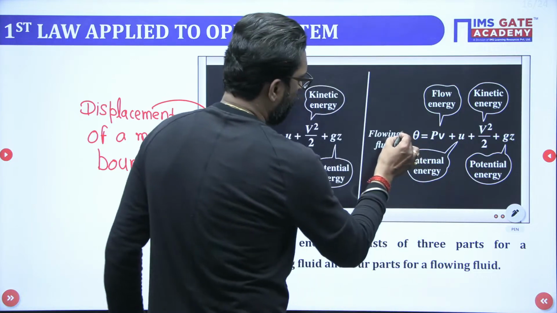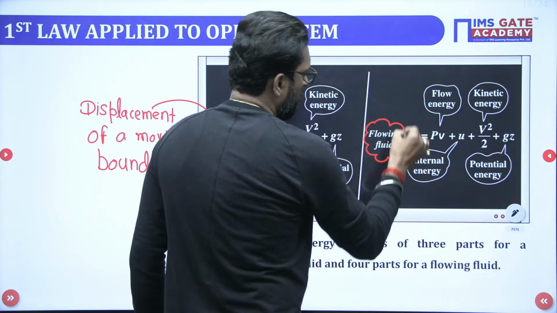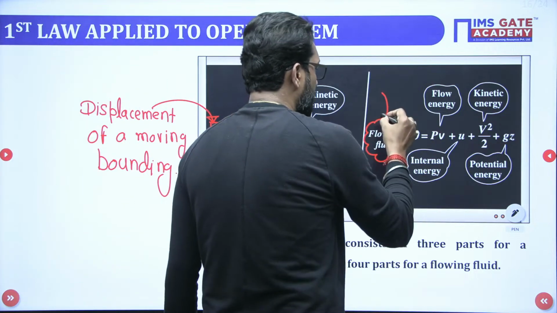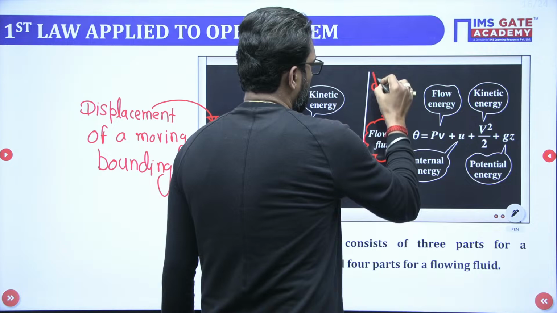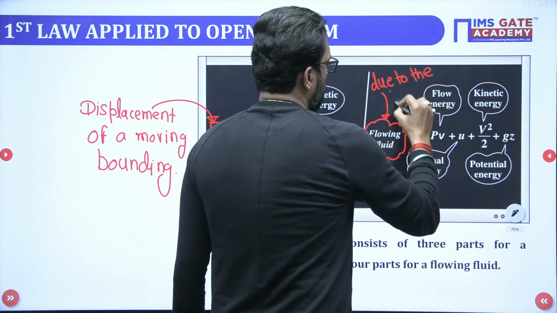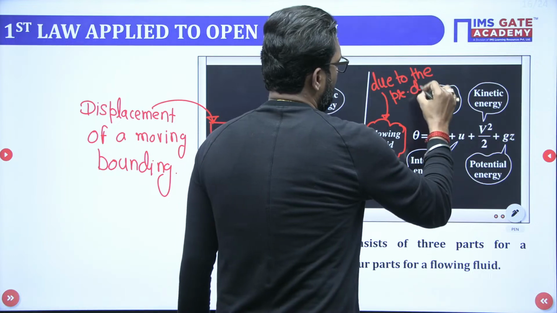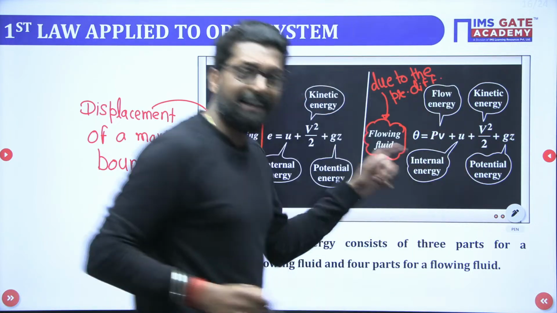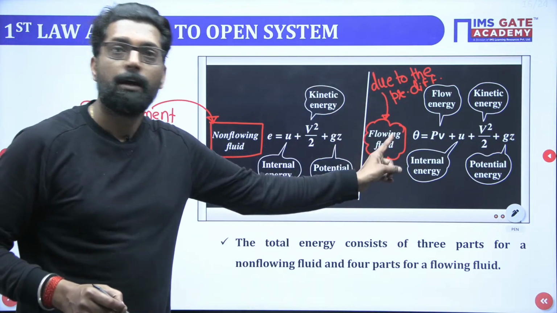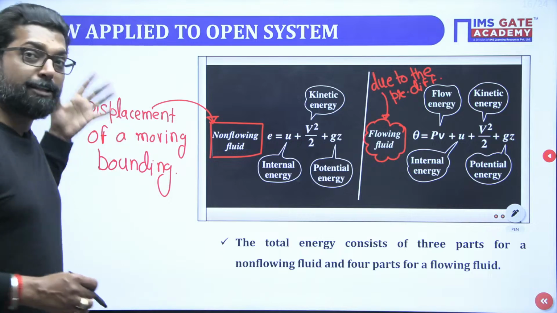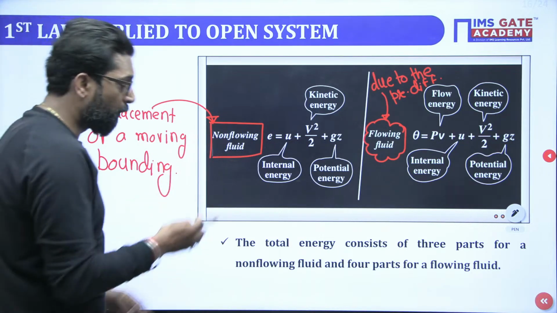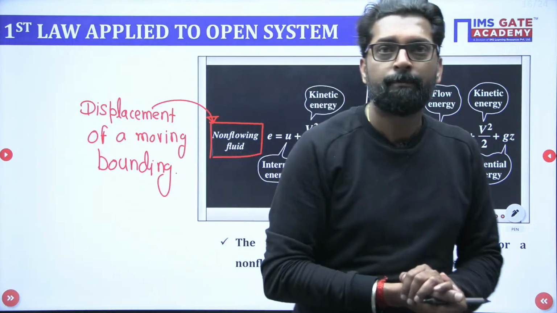What is meant by the flowing fluid? Flowing fluid is due to the pressure difference. So due to the pressure difference, the fluid flows, and that is called flowing fluid. And due to the displacement of a boundary is called non-flowing fluid. So when the boundary is displaced,